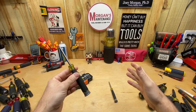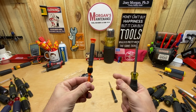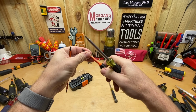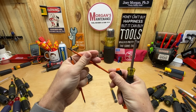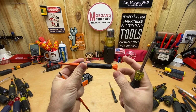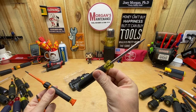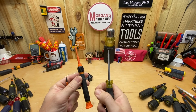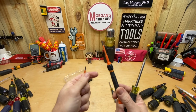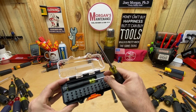So compared to all their other precision screwdrivers, I also have the insulated, but the reason why I don't care so much for the insulated is because I have to keep up with these blades. If the blade storage was inside of this insulated screwdriver, if somehow I was able to keep all my bits inside the one screwdriver, maybe they'll come out with an insulated version of this. I think that would be pretty nice. But I don't like having to keep up with extra stuff like this in my tool bags and things like that. So that's why this one doesn't make it, and that's the same reason behind this precision screwdriver, the